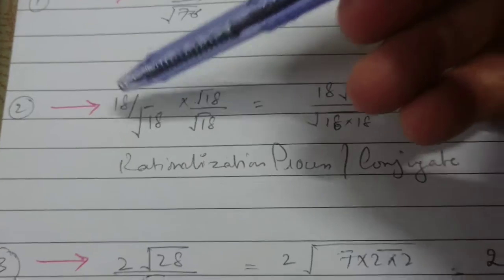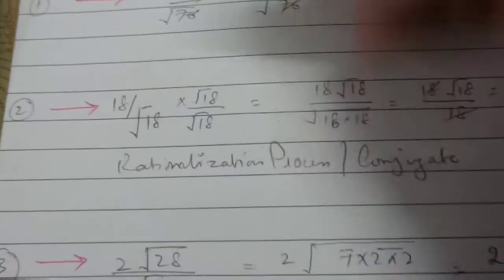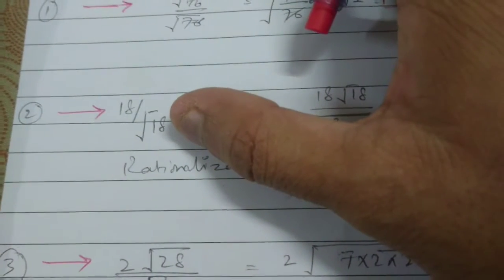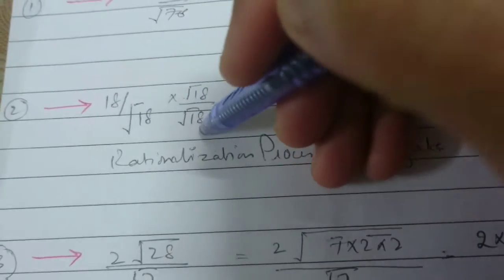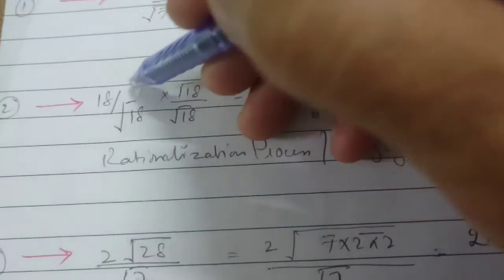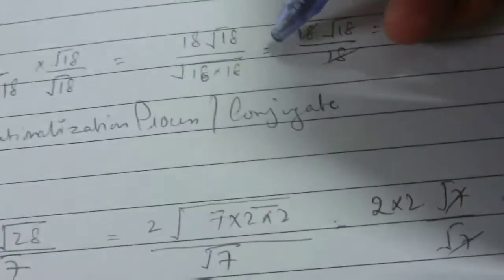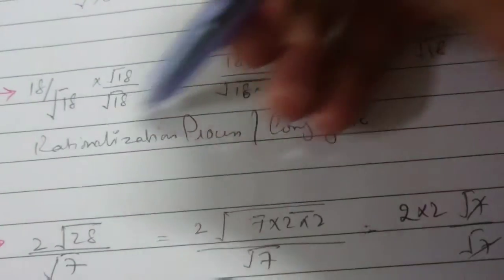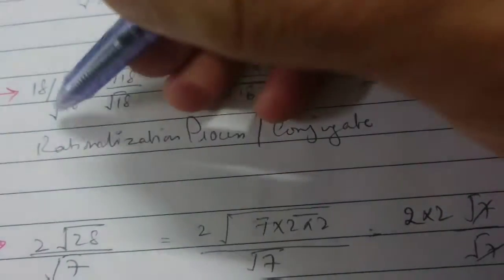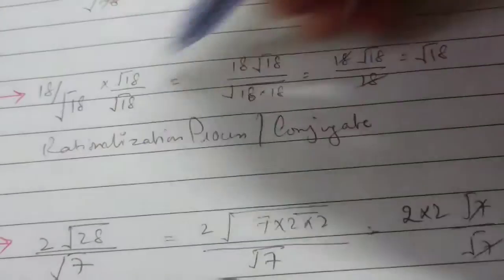One of them is 18 upon root of 18. What I'm going to do is the rationalization process here. What you have in the denominator, you multiply with that and divide with that. Simple as that. The numerator will be multiplied with the numerator, and the denominator with the denominator. Both are in root, so make it 1. It's going to be easy. Whatever numbers are in it, just put them inside exactly as you can see there.